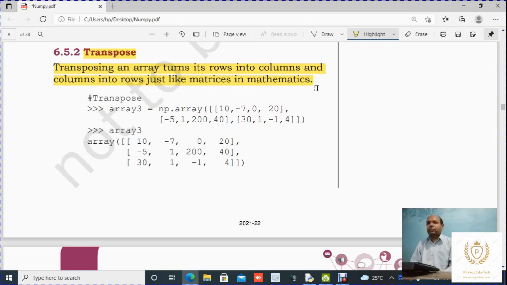Students, you have learned transpose in matrices. What happens if you find the transpose? Its rows are converted to columns and columns converted to rows. Clear? It is so simple. Convert all the rows into columns, then it becomes the transpose of the matrix. Okay, so it is simple in